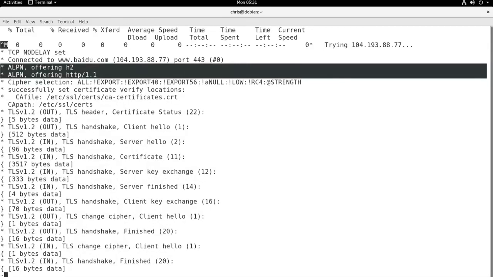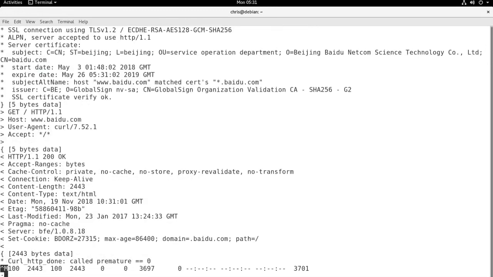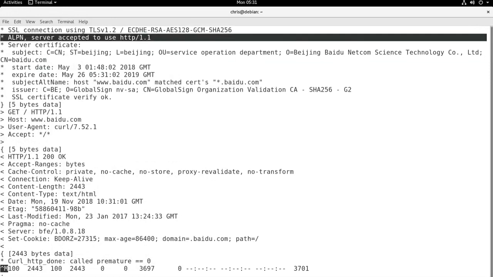Now notice that these offerings, the 2 and the 1.1, happen as part of the TLS handshake. This is before any GET request or anything like that. This is while they're still determining how they want to speak securely. So those are the offers. The Baidu server comes back and says, great, let's talk 1.1, some certificate information,